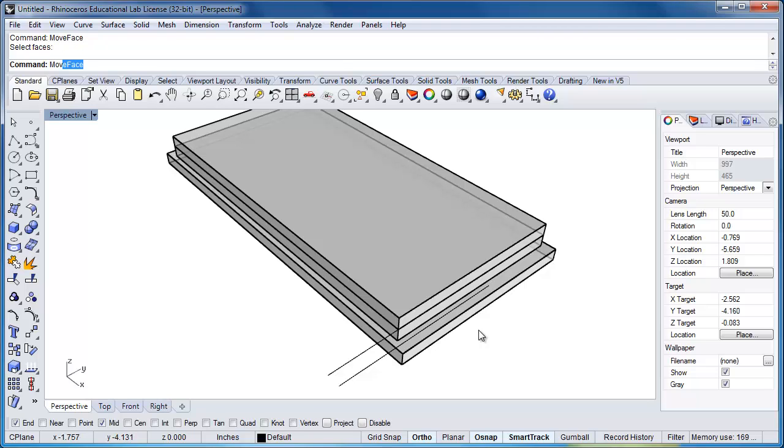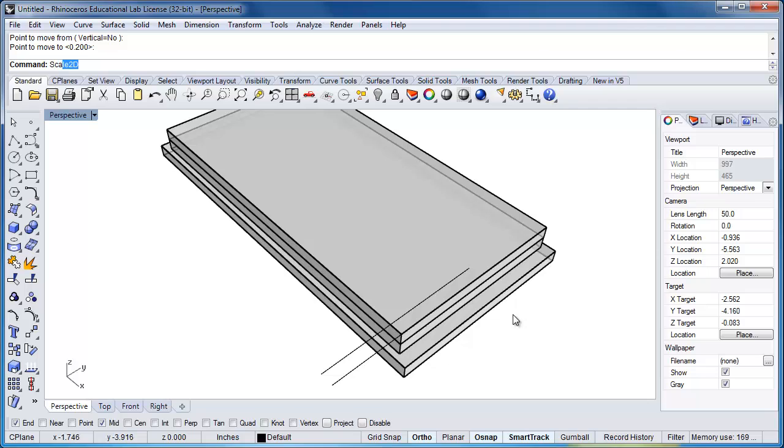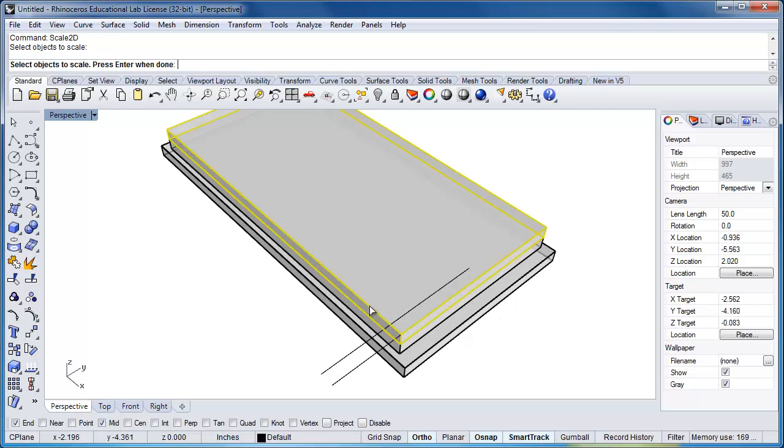Whoops, not move face, just move. Move these 2 construction lines from the end point to the midpoint of the new layer that I just created. And then I'll do it again. Scale 2D. Select that top layer, hover over the midpoint,